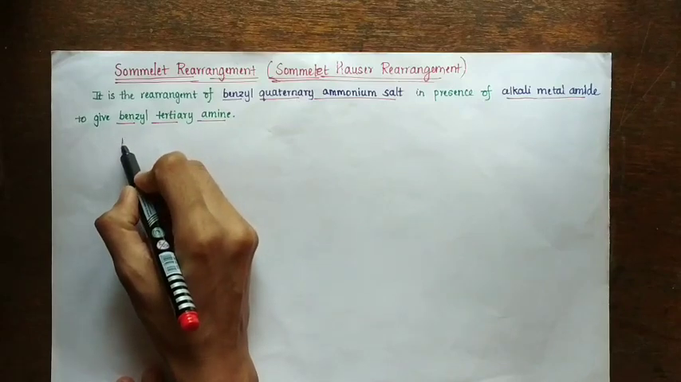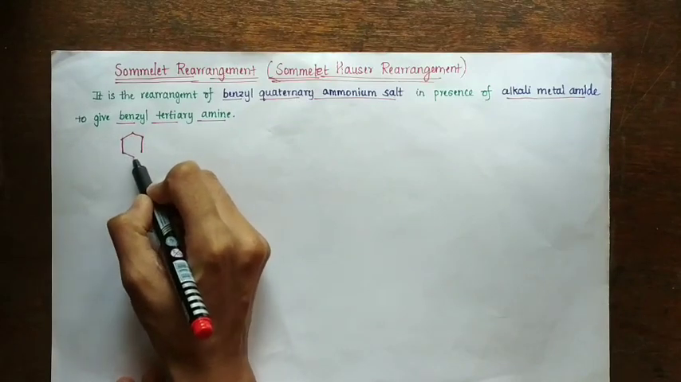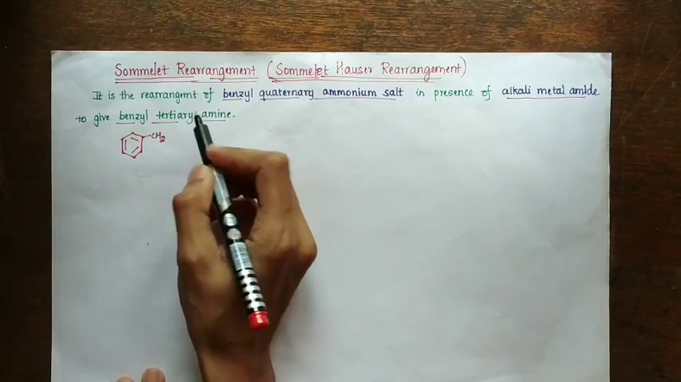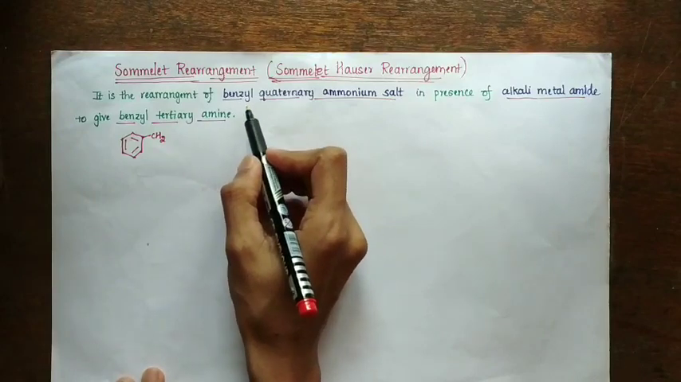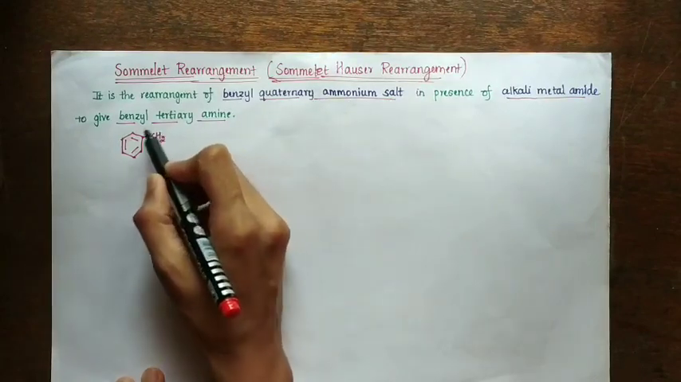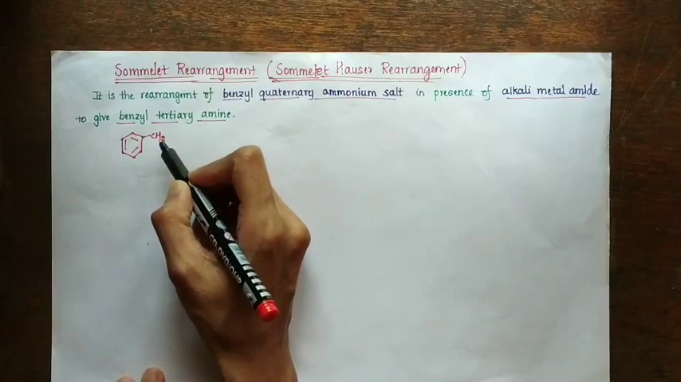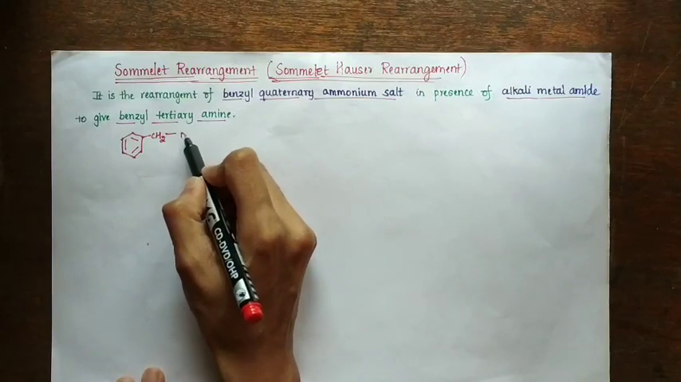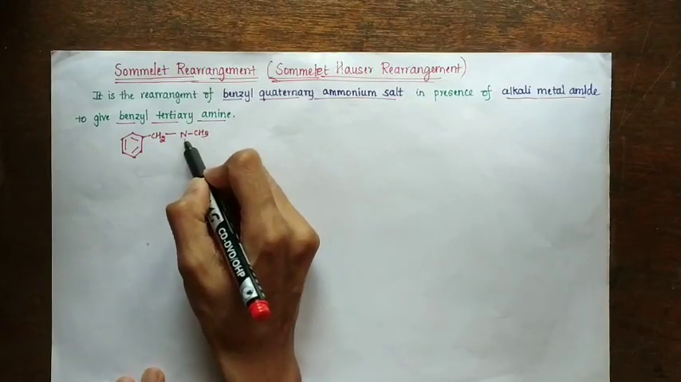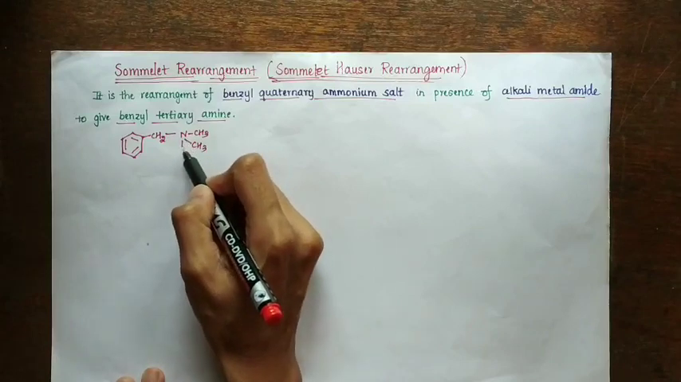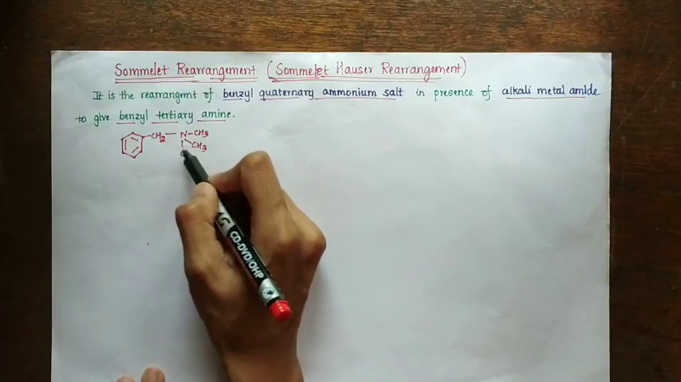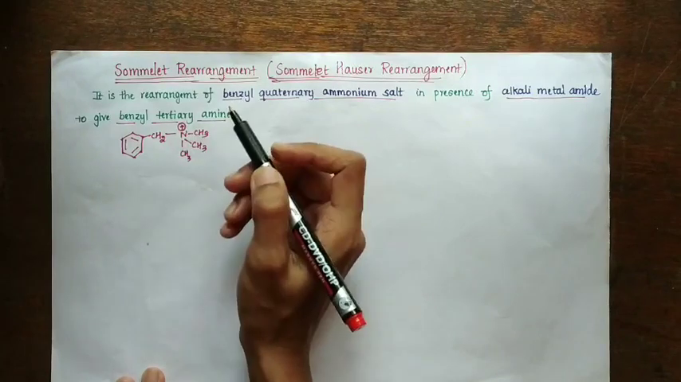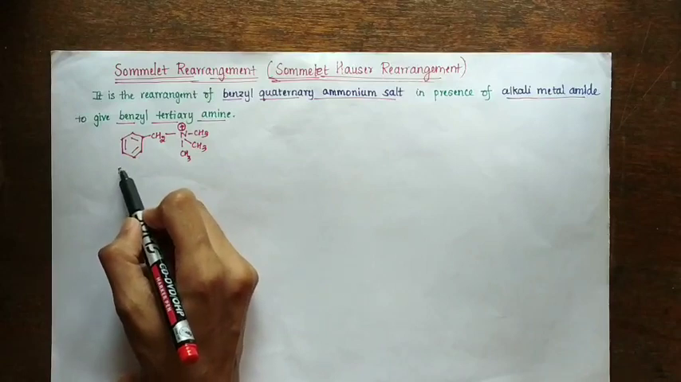So here there will be a benzyl group. Since the reactant is benzyl quaternary ammonium salt, this benzene ring with CH2 group is called a benzyl group. This will be attached to nitrogen which is bonded to 3 methyl groups, so that totally nitrogen will be bonded to 4 groups, so it will have a positive charge here, and this is called a benzyl quaternary ammonium salt